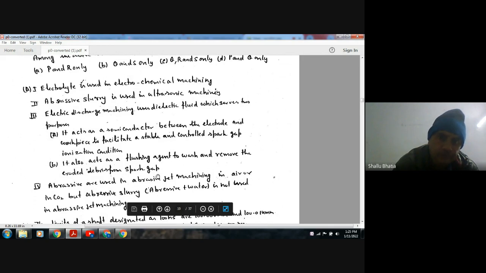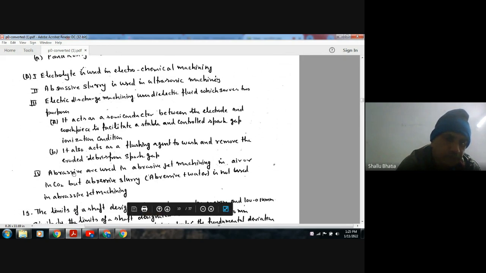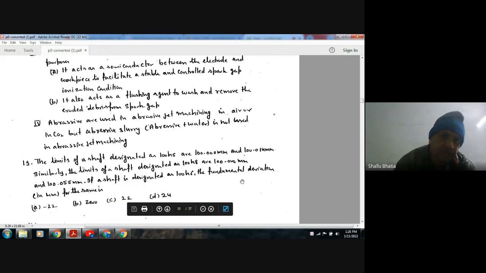Okay, so option four is: abrasives are used in abrasive jet machining in air or in CO2, but abrasive slurry, that is a mixture of abrasive and water, is not used in abrasive jet machining. Okay, next,